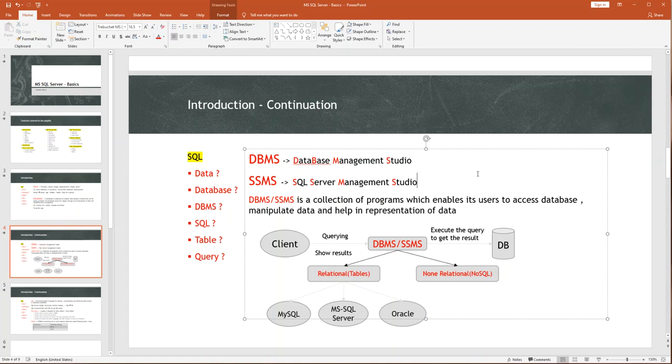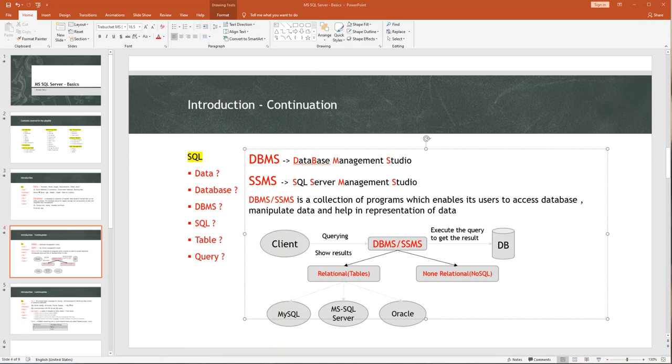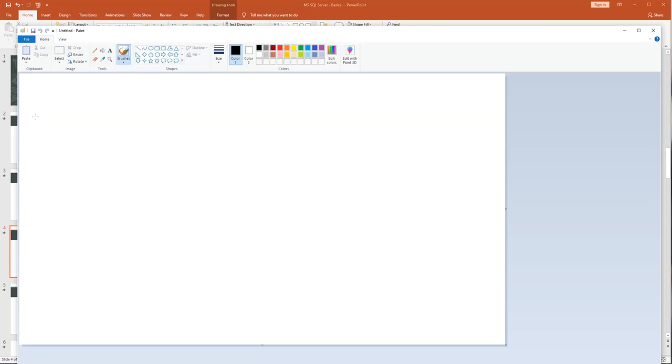Basically, what we do is we send some requirement from the client side. Let me show you with this. Suppose we have a web application, and we want some data to be displayed on the web pages. So what we do, we query the data in the backend.